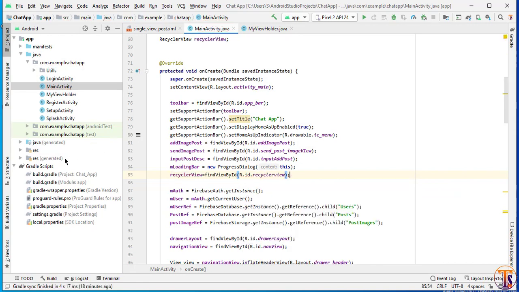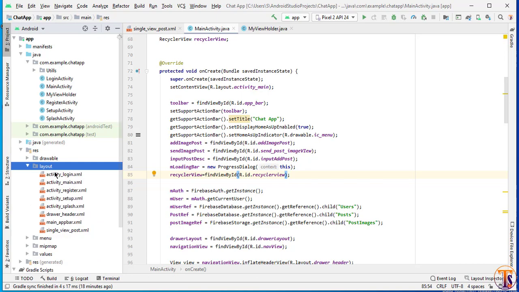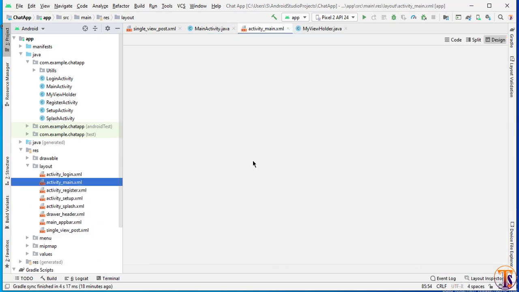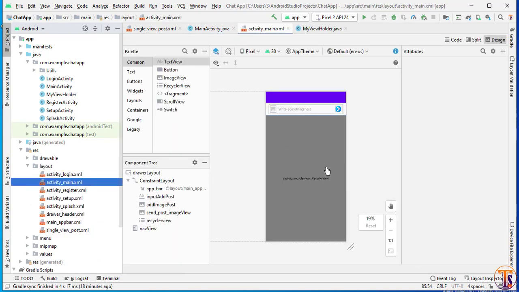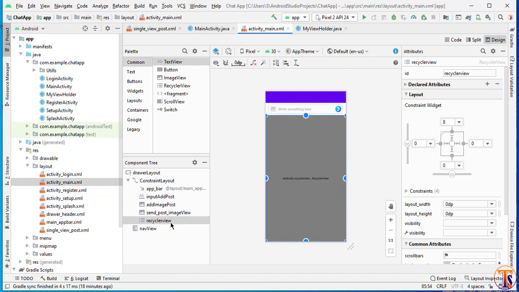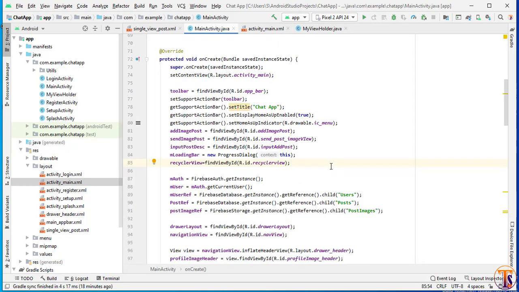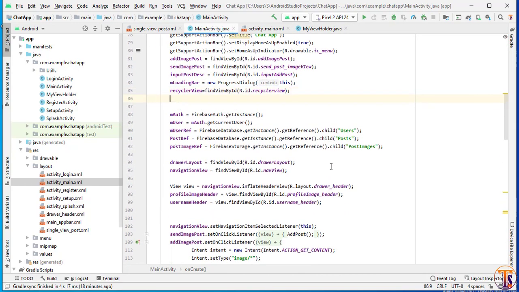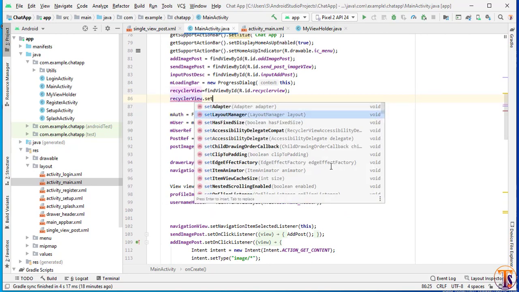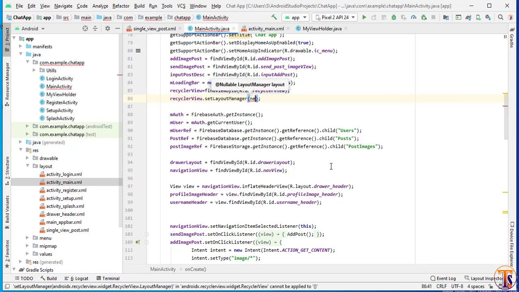Let me check the spellings. Yeah, it's recycler view. Okay, now recycler view dot set layout manager equal to new linear layout manager, and pass here context.